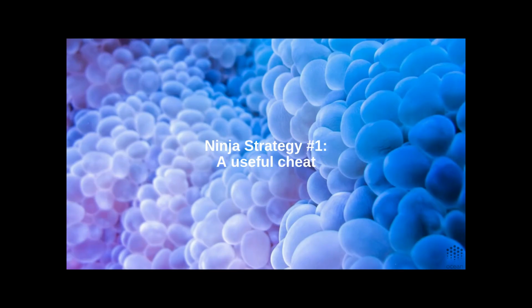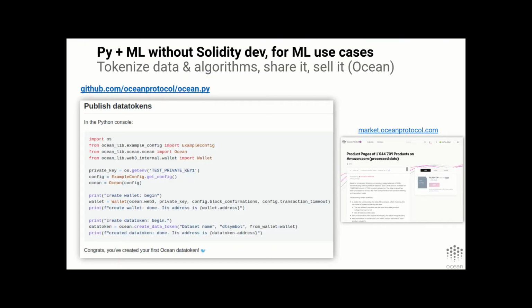Let's get started. So first of all, ninja strategy number 1, a useful cheat. If you wanted to do Python and ML in blockchain land, but didn't want to do any Solidity development, that's the cheat, just don't do it. For ML use cases, here's a way. You can tokenize data and algorithms, share it, sell it, etc. using Ocean. And this is a project I'm spending most of my time at, but I thought I would share it here with you. So from a Python perspective, the place to go is